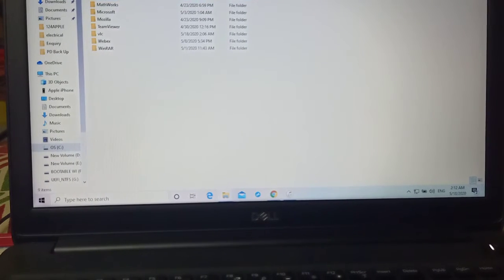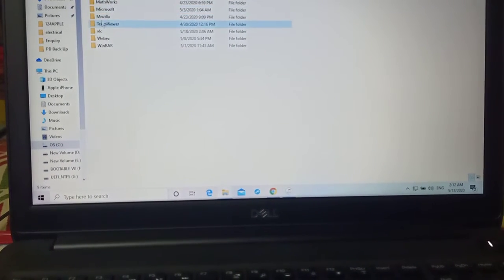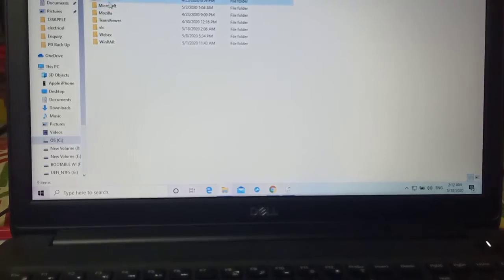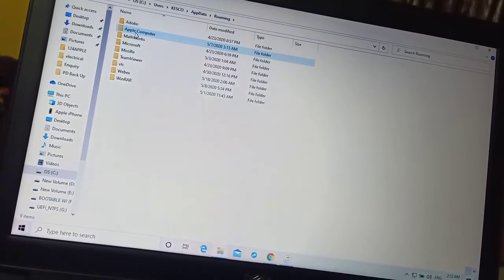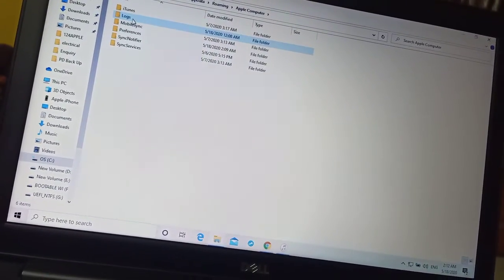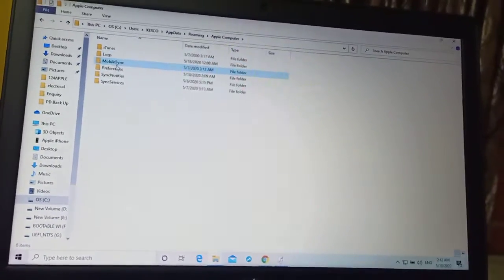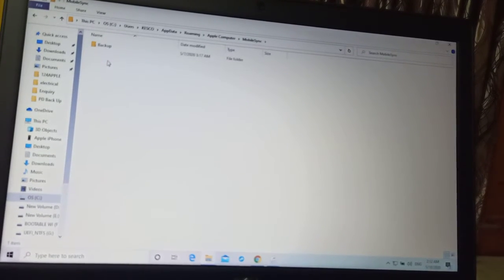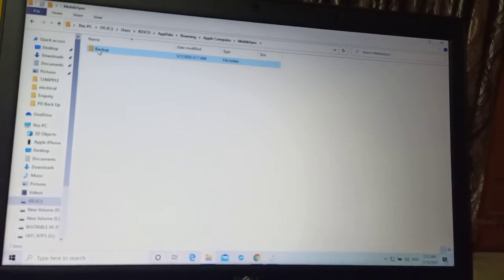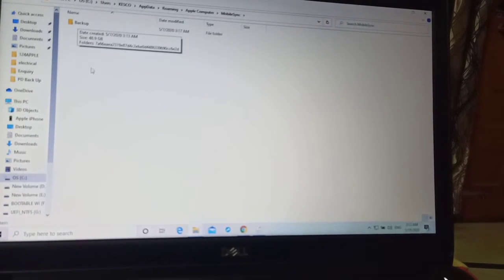Then go to Roaming, and then Apple Computer, and then this MobileSync option, and this is the backup of this iPhone which is stored here.